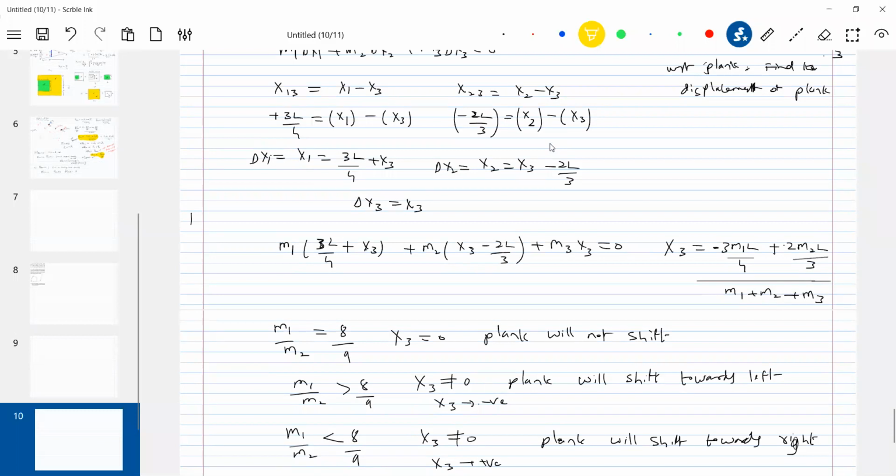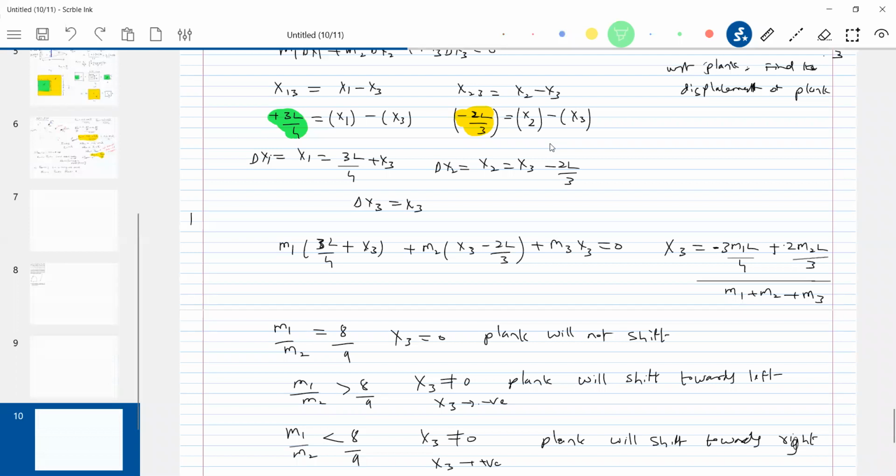Here, look at this sign, negative. And look at this sign, it will be positive. Why positive, negative? Anything towards right is positive, towards left will be negative. The relative displacement or absolute displacement, anything it will be. So you have plenty of numericals in books, almost around 20 numericals related to different system conditions.